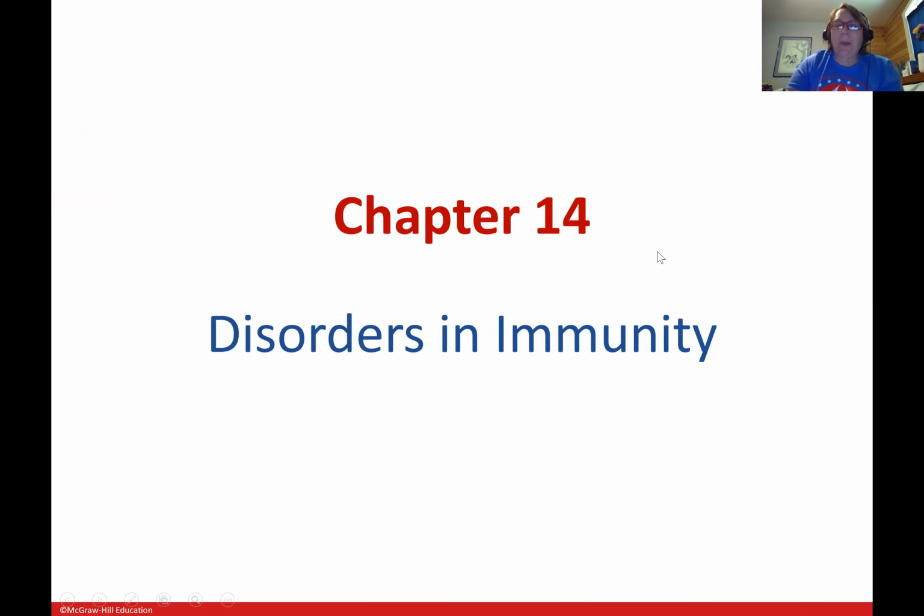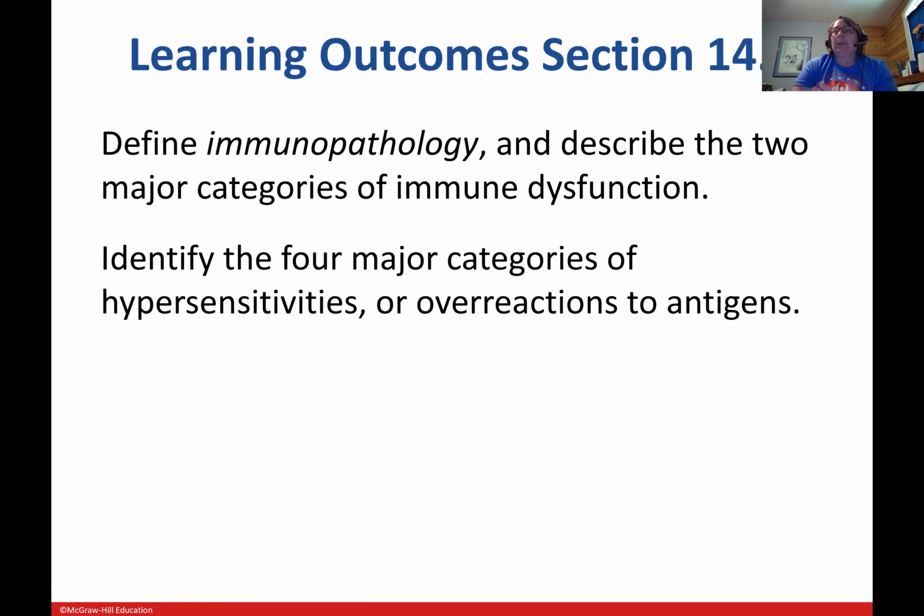Okay, now we're going to start talking about Chapter 14, which is basically when good immune systems go bad. We're going to be talking about disorders of immunity. So our learning outcomes for section 14.1 are the definition of immunopathology and describing the two major categories of immune dysfunction. And then the second thing we're going to do is identify the four major categories of hypersensitivities or overreactions